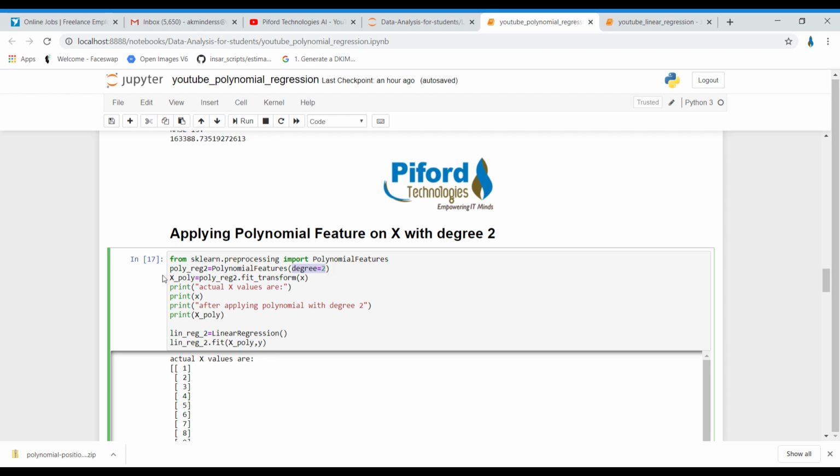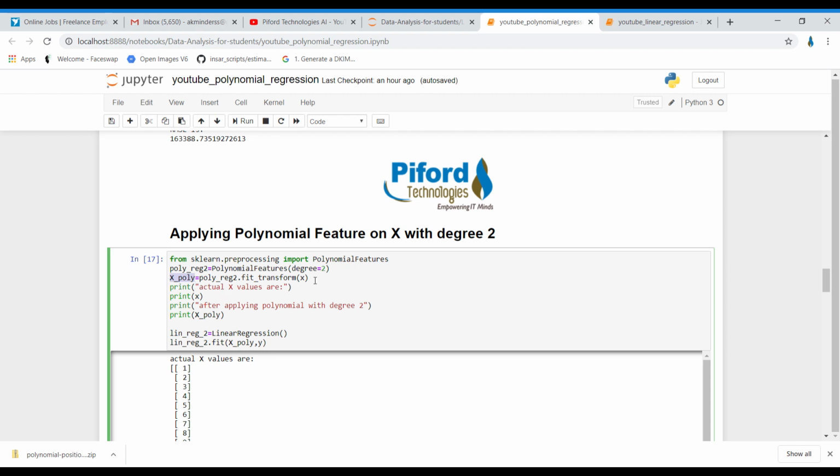Now the data x, right? You need to fit your independent data, which is x, into PolynomialFeatures, and then PolynomialFeatures will transform that data and store the result in xpoly, right?